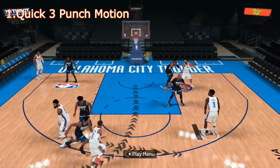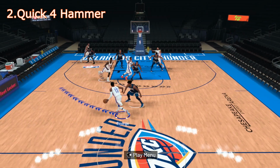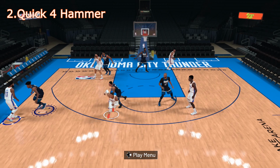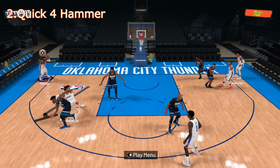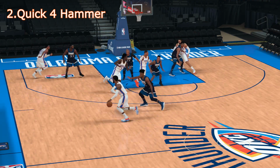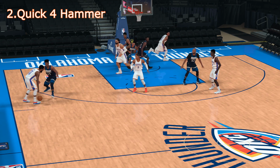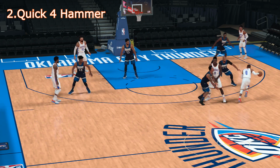Next up, we got the quick 4 hammer. You're going to run this for Paul George, and it's designed for him to get a corner 3. So George is going to start with the ball at the top, then dribble to the wing. Westbrook is going to come up to the top and get the ball and initiate a pick and roll with Jeremy Grant. He's going to attack the basket, and then Steven Adams is going to come up to the wing and set an off-ball screen for Paul George,